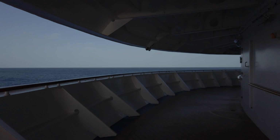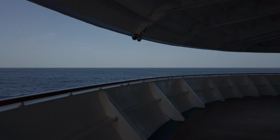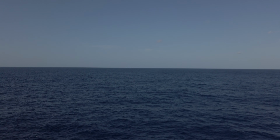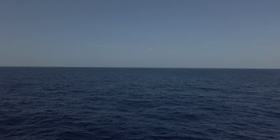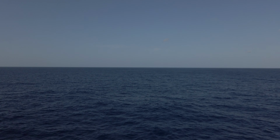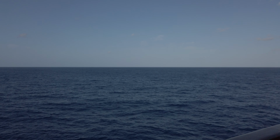Okay. We are at the very front of the ship. This is where you would do your King of the World thing. Can't really see. This is pretty awesome. I love this part of the ship. Absolutely awesome. I'm the King of the